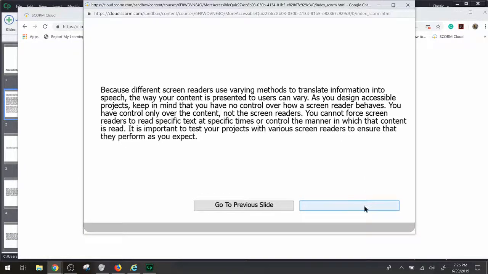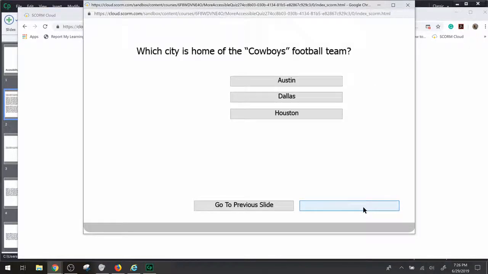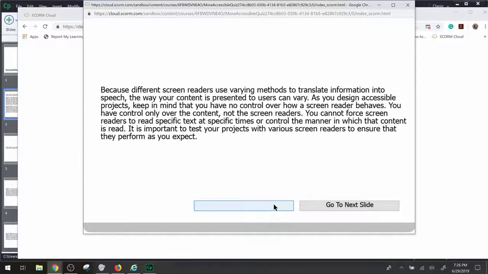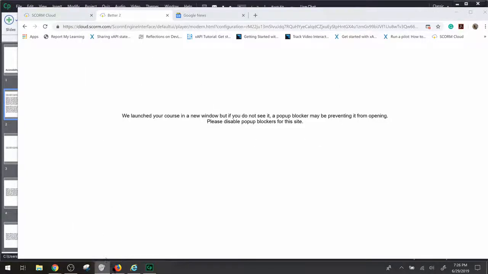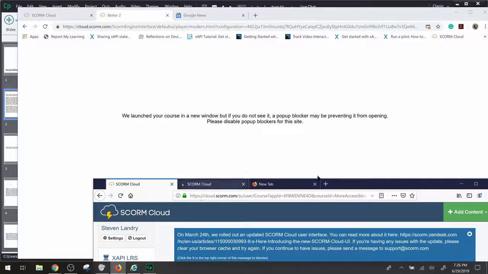Go to next slide button. Go to next slide. Which city is home? Okay, go to previous slide button. Okay. Graphic. Let me just do something real quick. Before we go on any further with this, I'm just going to leave this open, and we're going to go down here